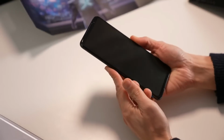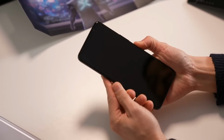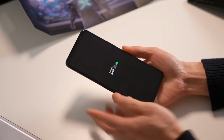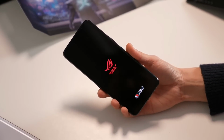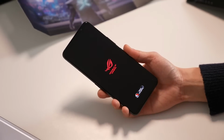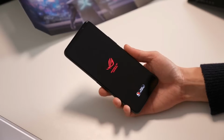So I wanted to set it up very quickly to see if we can run through that comic strip. So let's go ahead and see if there is some power on the phone, because ASUS was kind of worried that there wouldn't be any power out of the box, but it looks like there is. So it is running Qualcomm Snapdragon 888, and once we power it up,